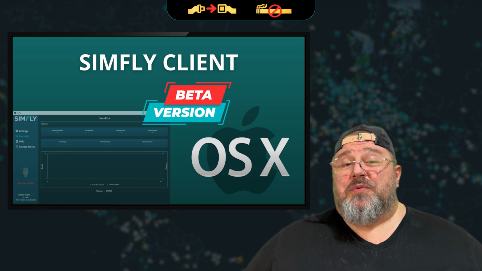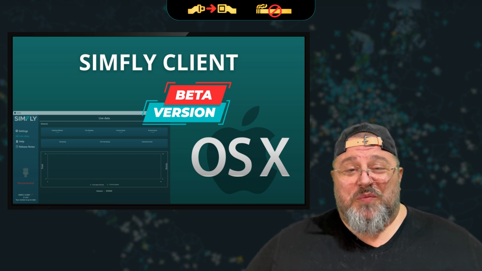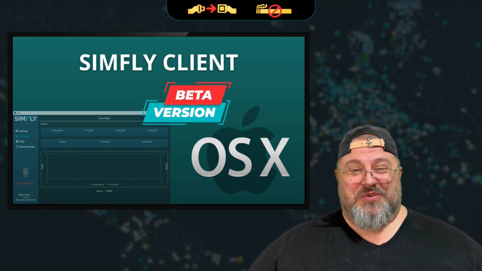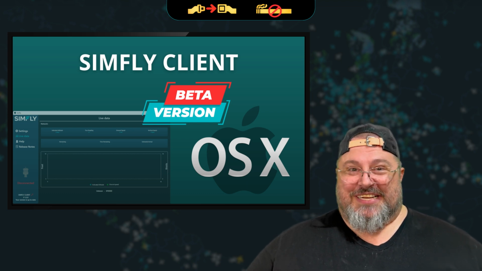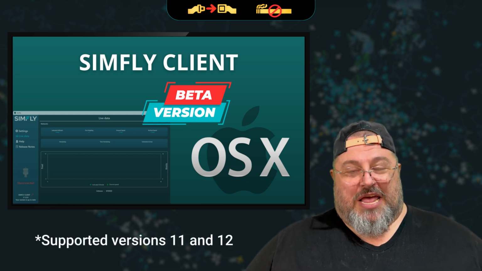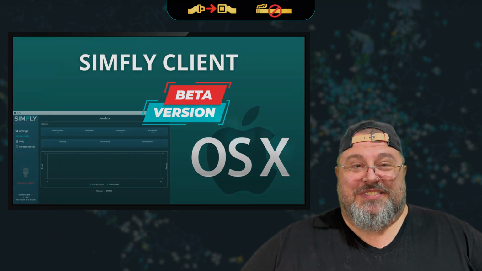So if you have an Apple Macintosh, you were in SimFly and you're still waiting for the moment that the client is functional, well, we are very close to it. You can already start flying. I already tested it. It's very nice. As I explained, there is no other simulator for Apple that is supported at the moment, and this is the first news.